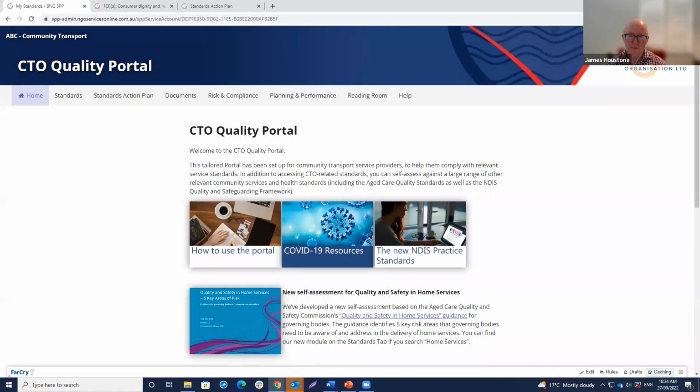But it's important to bear in mind that you can download all of that work into a PDF and give them a PDF document that lists all of your answers and names all the evidence docs. You can have the platform open, for example, and have the evidence pack open, so it's immediately there in front of them and they can simply click on all the evidence documents. It's just a case of being prepared, so that if someone turns up, you can present this information in the most efficient way possible and have it at hand.